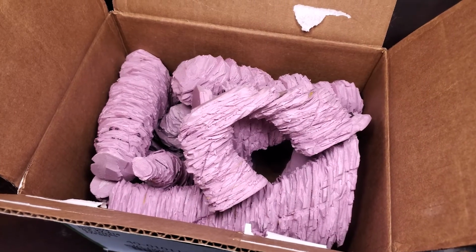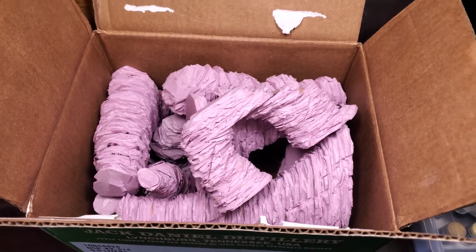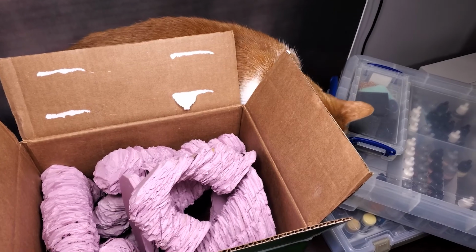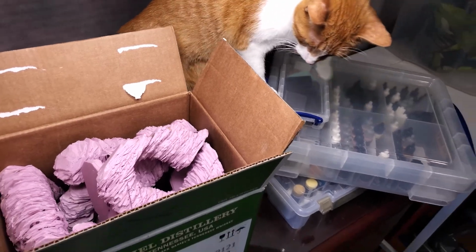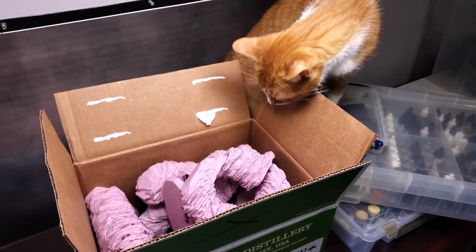So I have a pile of rocks that I've built, and I think I can knock them out in a day or two. I need to find a day where the weather's good and I can just slam out the airbrush outside and prime everything, airbrush everything, and then weather it. It shouldn't take more than a day or two, so I can get a huge portion of my terrain painted,